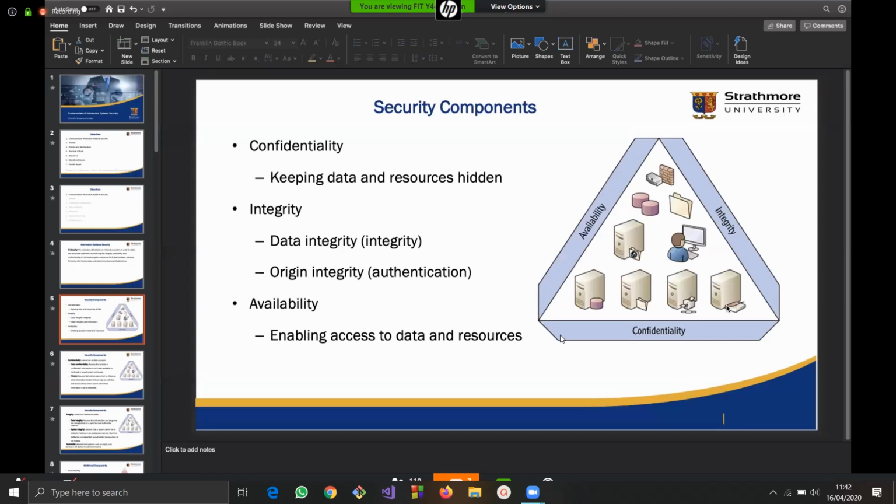We can also look at it from who the source of information is. Is the source the legitimate source of that particular set of information? So when you look at the integrity,